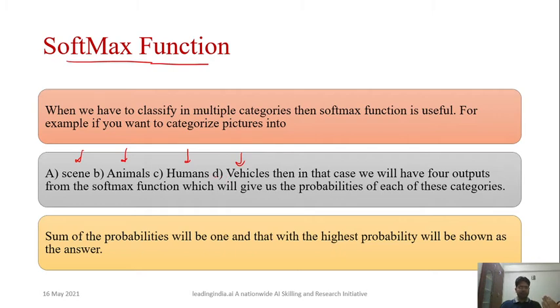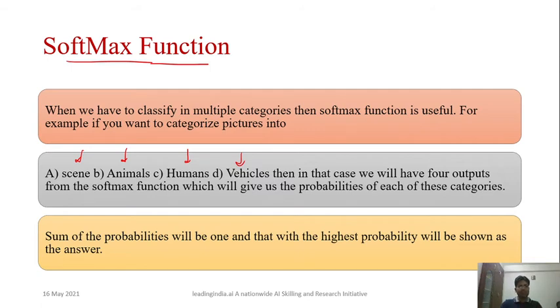In that case you can utilize softmax so that only either A will have a value more than 0.5, or B, or C, or D. Only one will have more than 0.5, because softmax gives a probability distribution, and by the rule of probability distribution, the sum of all probabilities becomes 1.